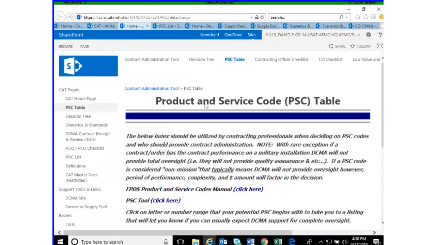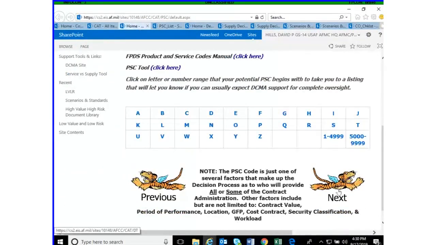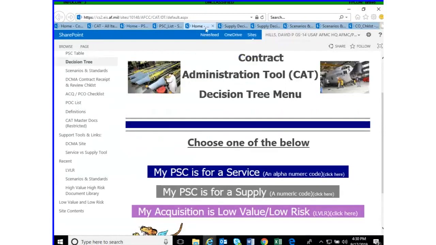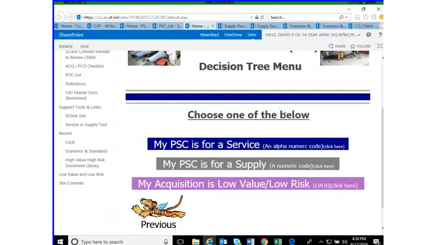Moving back to the product service code table, at the bottom you'll notice there's a next. That'll take you to the decision tree, and it's broken out into 3 branches: service, supply, or low value, low risk. Low value, low risk is below $300,000, and there's no risk, meaning there's no cost clauses, no GFP, and the like. I've chosen supply, and if you click on the hyperlink in the middle there, it'll take you to